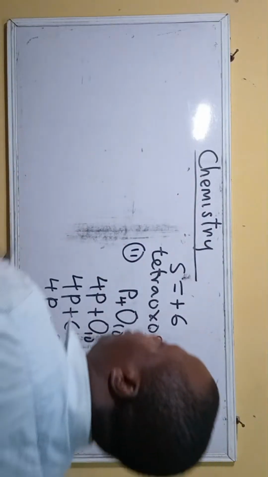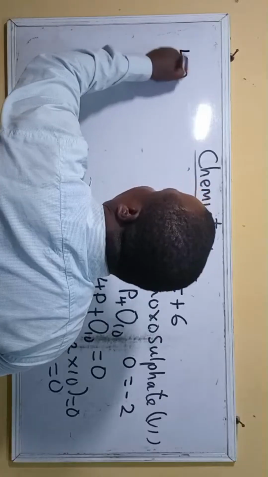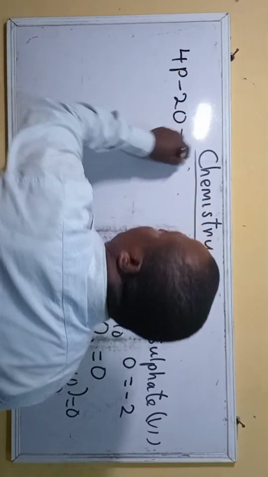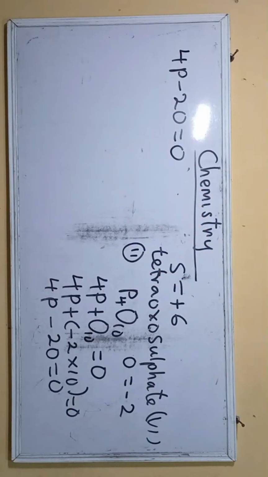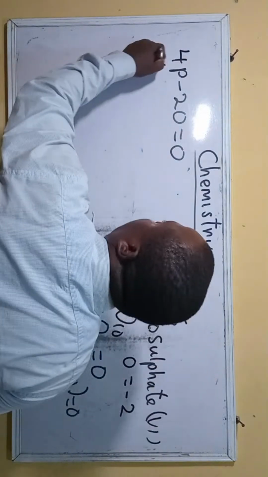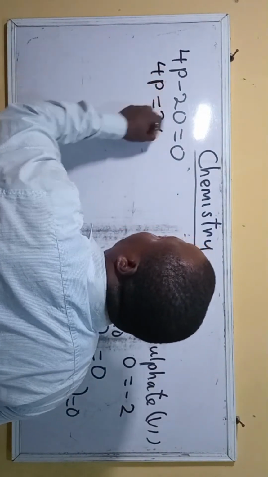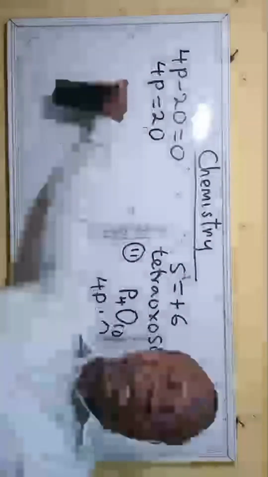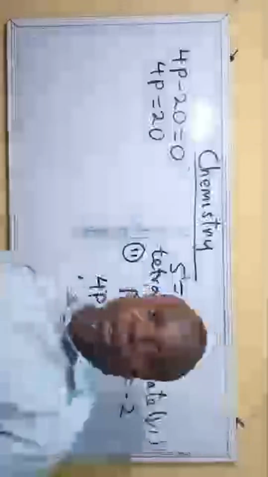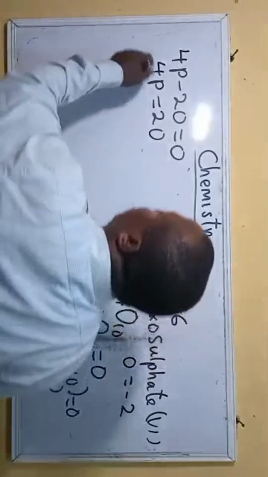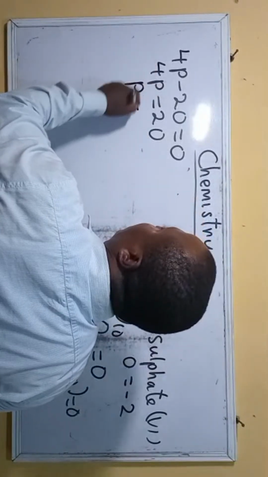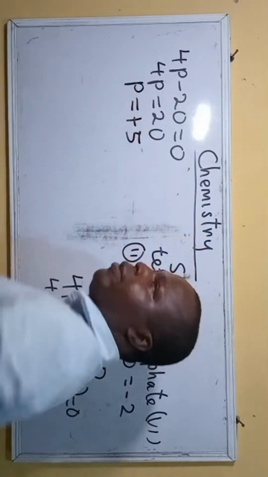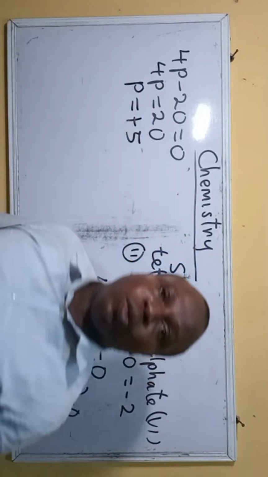So I want to recall it: 4P minus 20 equals 0. Then I have 4P equals 20. Since you have 4P equal to this, it has resulted into a linear equation. Divide both sides by 4. P will give us +5. If I want to name this compound, it will be